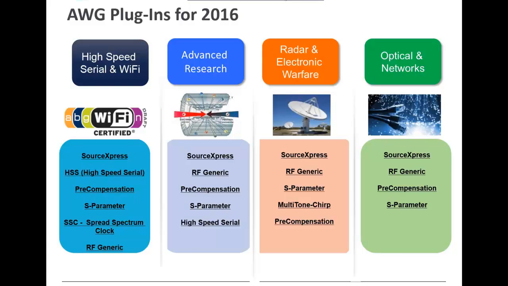So we have specific plugins that enable each of these applications, and today we'll mostly be talking about the HighSpeed Serial capabilities. And this includes the capability of running on Source Express, the HighSpeed Serial actual plugin. Also, we'll be talking a little bit about precompensation, S-parameter plugin, and spread spectrum clocking capability. And then in some cases, some customers are also using our RF generic plugin, but I won't be describing that